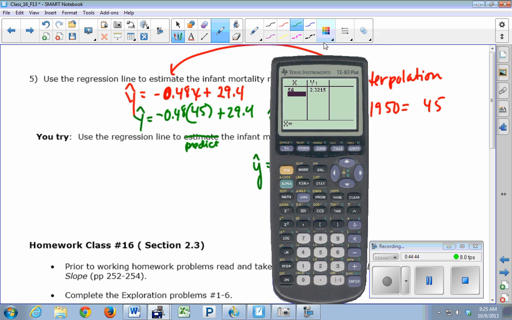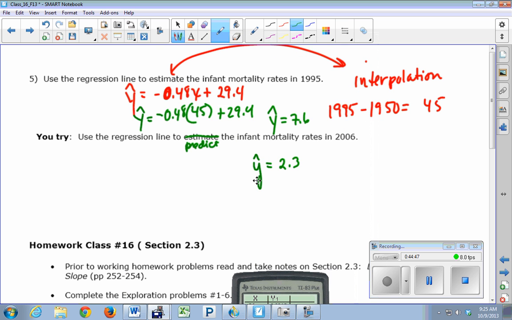Okay, so this is what I got for my estimated rate. Does anybody get that? Okay, good. So now what you should do